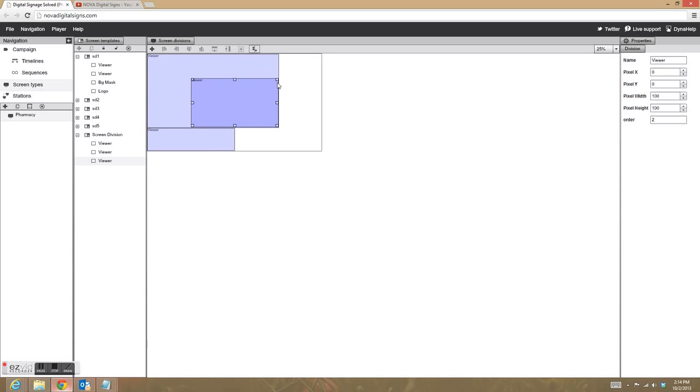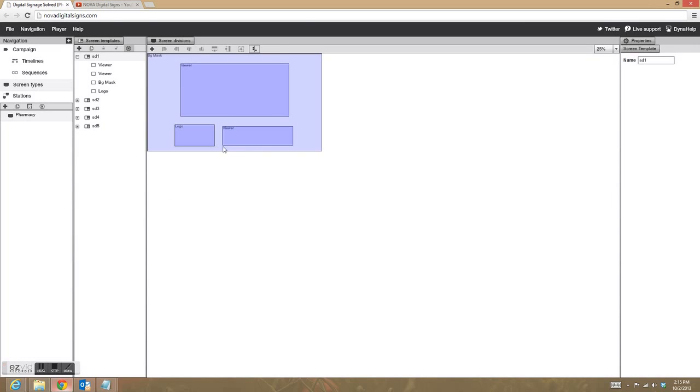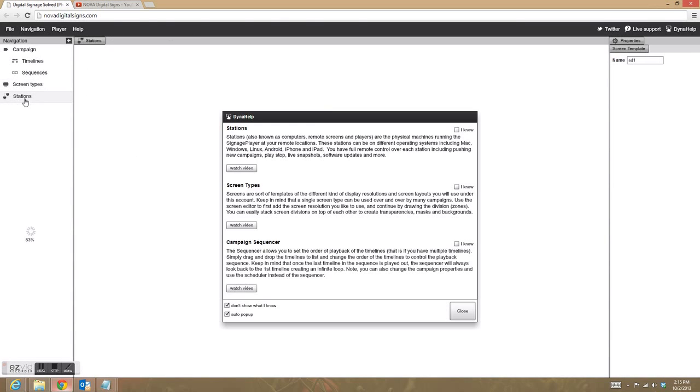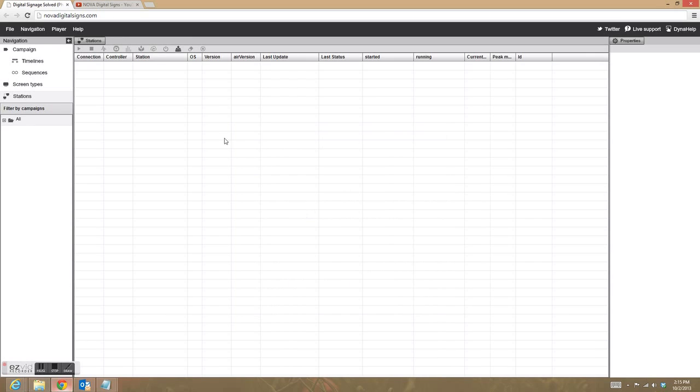Also, content can be layered. So if you have a content box that you put on top of another bit of content, if it's opaque content, then it just supplants the content beneath, or if it's transparent, then you can have sort of an overlay. Again, it is easy to create new content. This here is a view of all of your stations. In this particular case, it's just a sample, but you can imagine that you might have a list of all of the different screens that you've got operating under this campaign and what their status